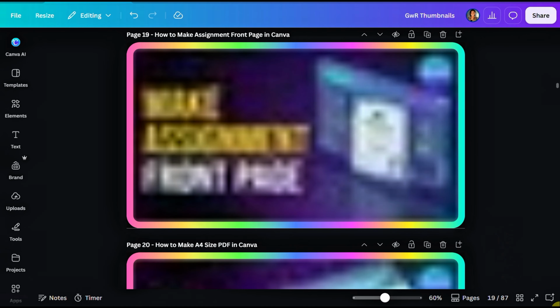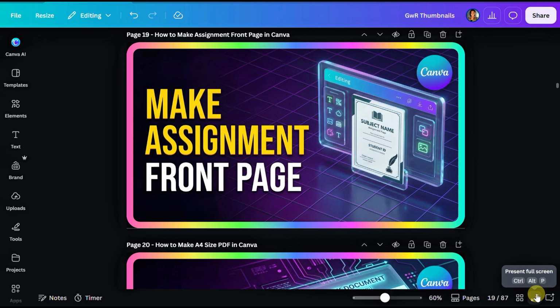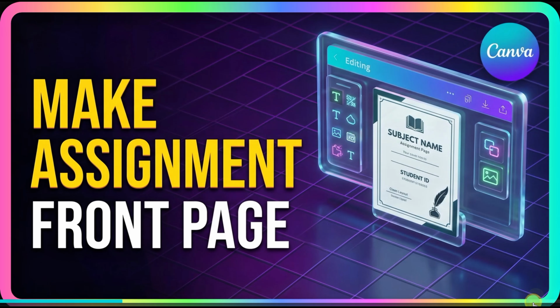What I'm going to do is come over to this sign here. You see what it says. The shortcut is Ctrl-Alt-P. You can just do that on your computer keyboard, and it says present full screen. If you click on present full screen, you see we've come into the presenter view, so you can navigate